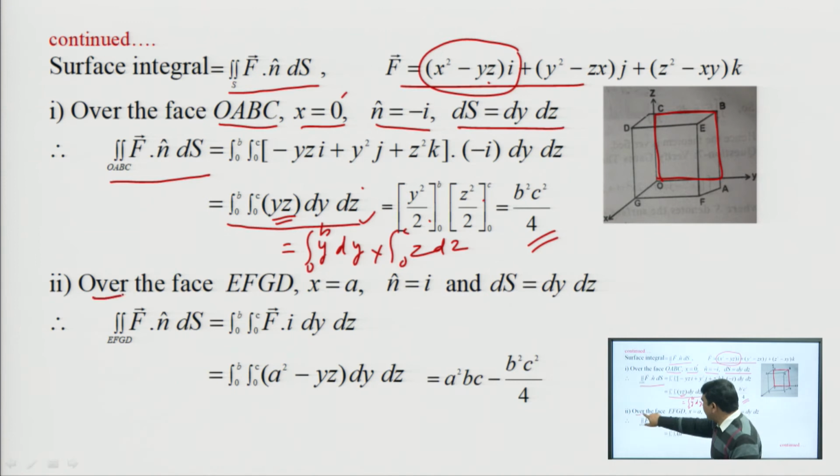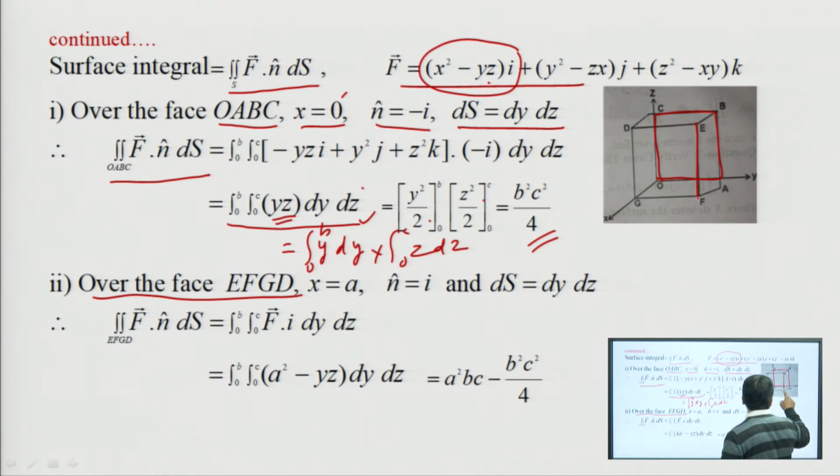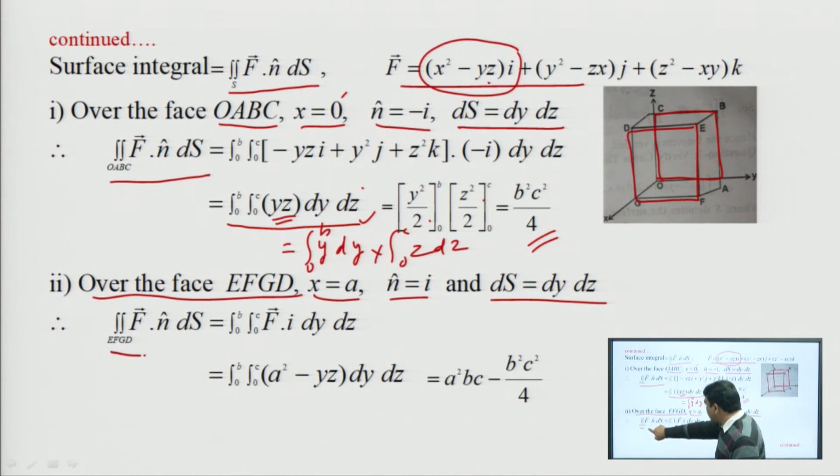Similarly, we can evaluate over the face EFGD. This face is at x is equal to a distance in the yz plane and n is equal to i. So, dS is equal to dy dz. In this case, f dot n dS becomes this,